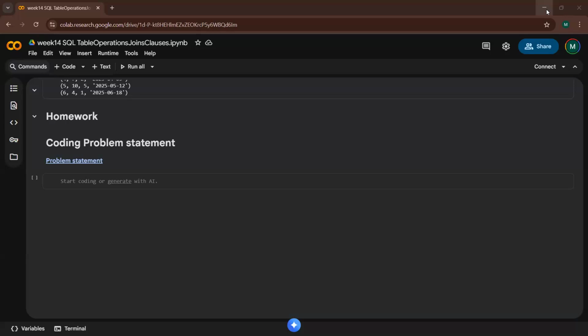Then we also learned about the SQL update statement in part number 2. And in part number 3, we learned about primary key and foreign key in SQL. So these were the topics which we covered in our yesterday session.